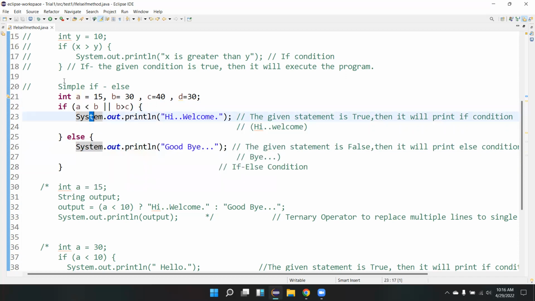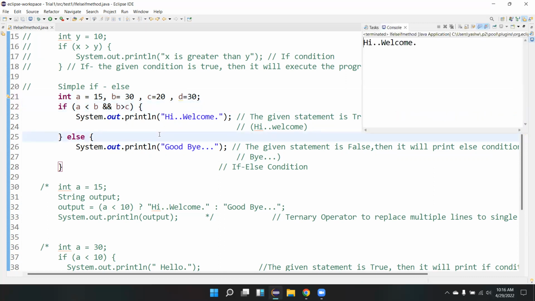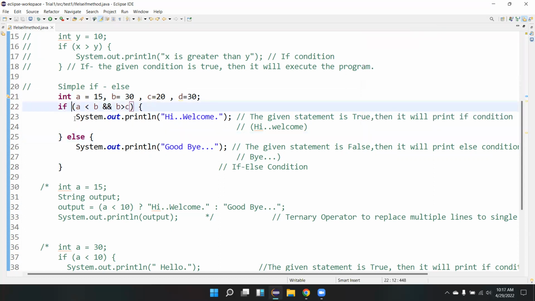Very simple, right? Is there any complication in understanding this one? We already know these particular operators. You remember, all those operators will come into these conditions. We have to be very cautious here so that it can be understood. For an example, now I have given 20 and I have given this and. Now what will it print? Goodbye.